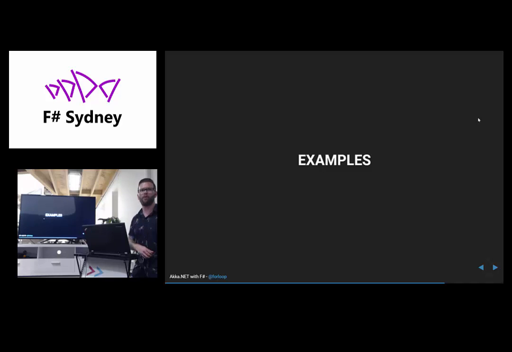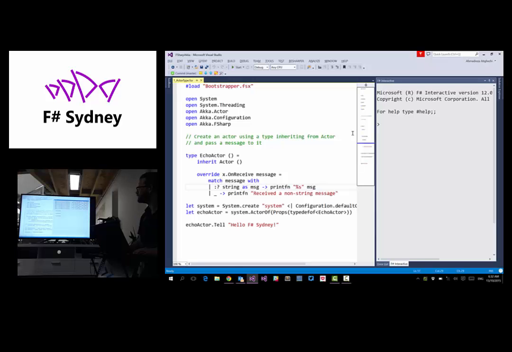So enough of the warbling. You want to see some examples, don't you? Okay, I'll just start up Visual Studio, which crashed on me earlier. So let's start with, what should we start with? Let's see if that's going to work. Let's start with constructing